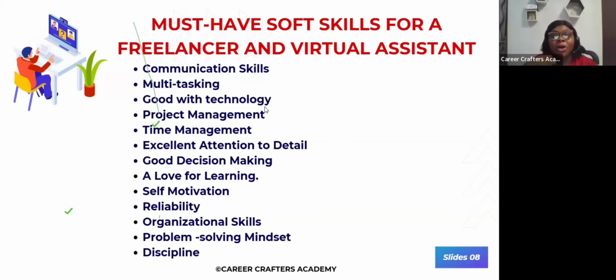A few years back, we did not have ChatGPT. But now we have ChatGPT that is making work easier for us. And we are having clients who put in their job description, must know how to use ChatGPT, must know how to prompt AI-based tools. So if you're not improving yourself, we will leave you behind. So you have to have a love for learning. You need to keep learning new things, updating yourself, updating your skills.